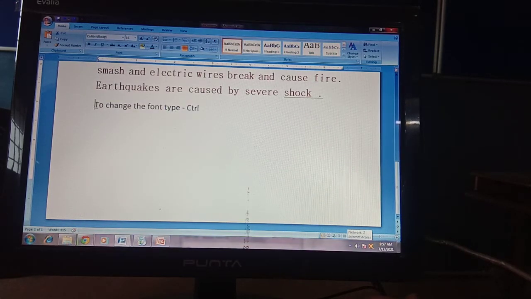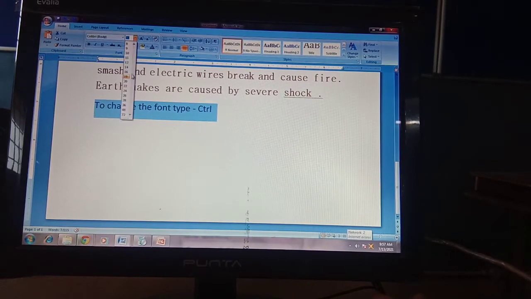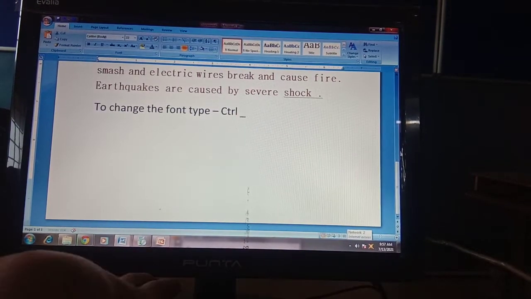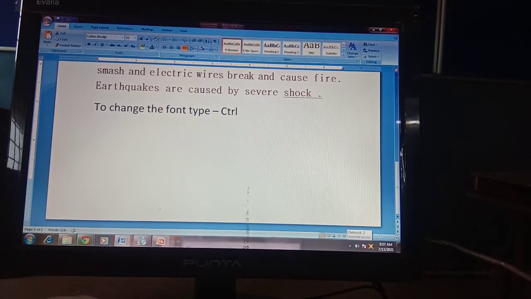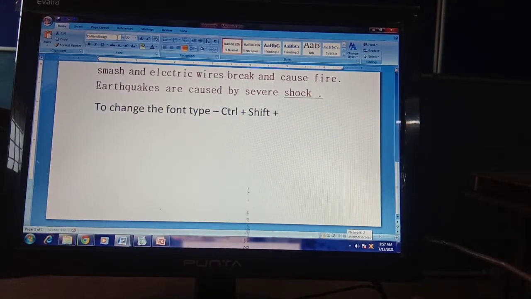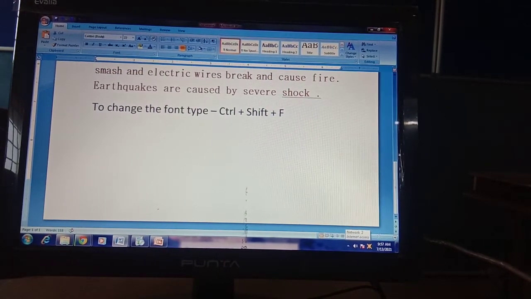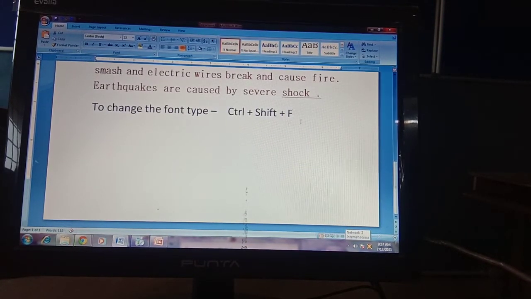Okay, and I'm making this text larger. It should be 18 or 22, then it will display to you. Control plus shift plus F keys together. Okay, these are your shortcut keys to change the font type.